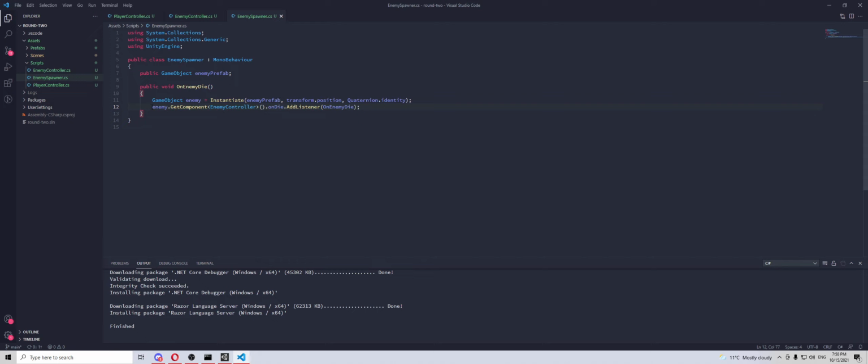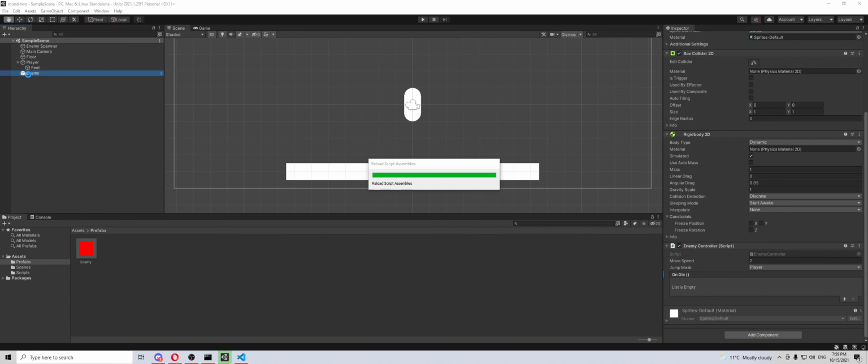Okay, so this is kind of big and complicated. What does this mean? We take the enemy from the instantiate function, which is the new enemy we just spawned. We get the EnemyController component from it. Then we get the OnDie event, and we add a listener. All that means is we're adding a function, and we're adding the OnEnemyDie function. The important thing here is you don't use brackets. You're not calling the function, you're just referencing the name. So we add that listener, and now,